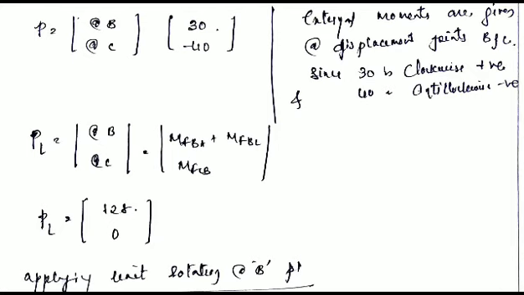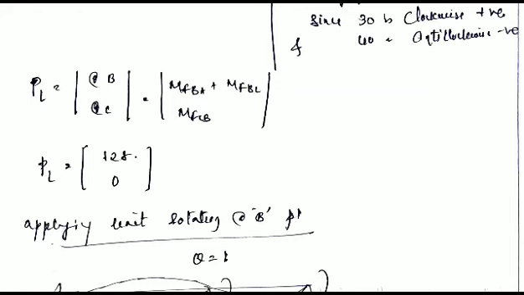Next we need to apply the stiffness equation, that is K into delta is equal to P minus PL. In the above step we found the P value and PL value, and delta is nothing but the displacements at coordinates first and second, that is theta B and theta C, which are unknowns here. The only thing we need to get is the matrix form of K, the stiffness at individual displacement points due to individual rotations applied at the displacement joints.